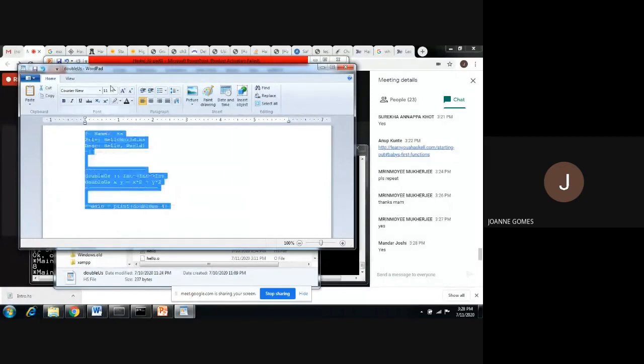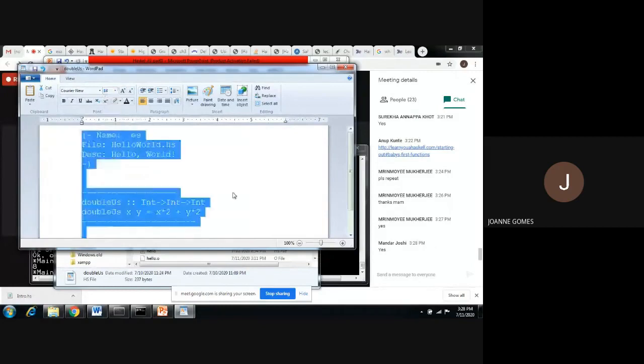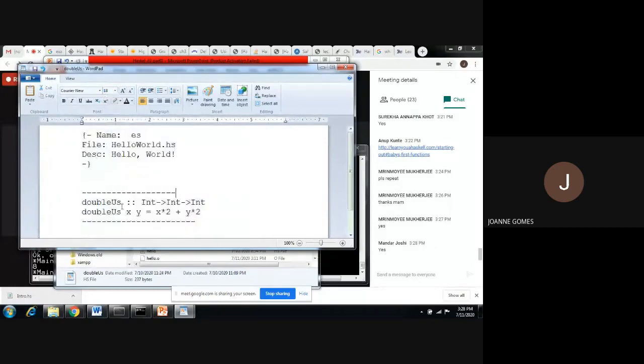So you write another function, open the notepad. Now double s function, double s means it takes two arguments, two variables x and y, both are integers. So see in the function definition, it is saying take integer, first integer, then take second integer, and then give the result which is also integer. So it is said that in Haskell, when we define a function, it is right associated. It is associated on the right side. From this side to this side we go. Okay. So first take this, then take this, then you get this.